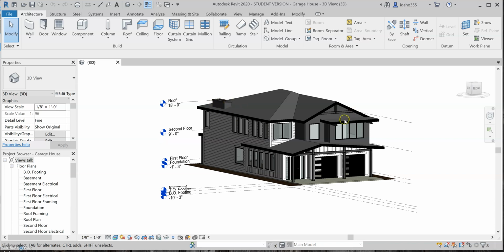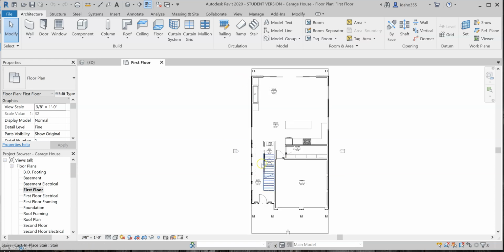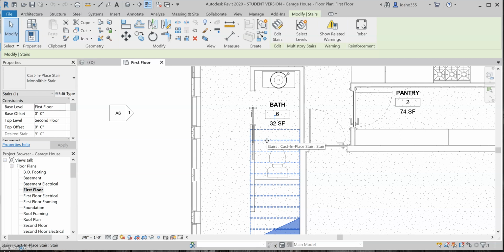Alright, in this video I wanted to cover creating stairs and also how to create a handrail just in a random place, and maybe a little bit on just editing both of those elements. So I've got a stair in here right now, but I will delete that so I can show you guys